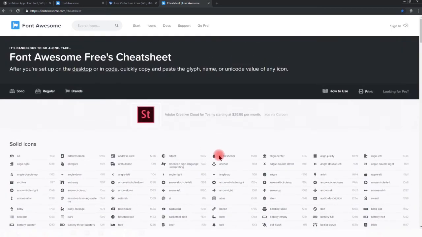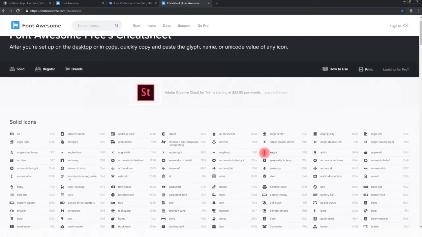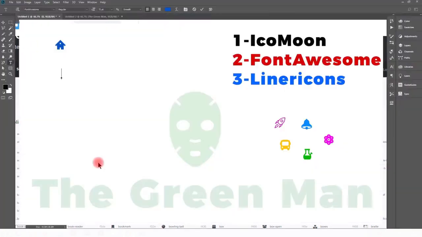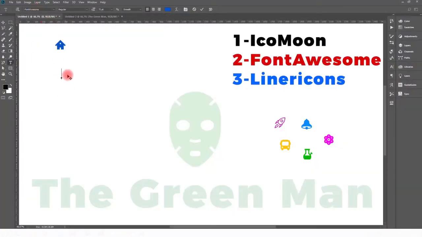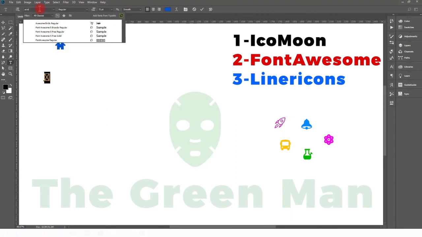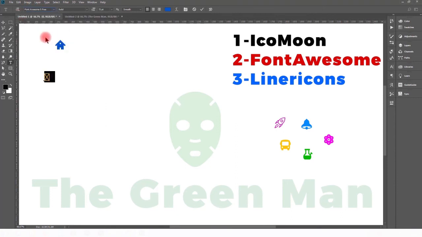So if I am selecting this icon which is listed under the solid icons, I should keep this as my solid icon. So it is showing the angry face here.